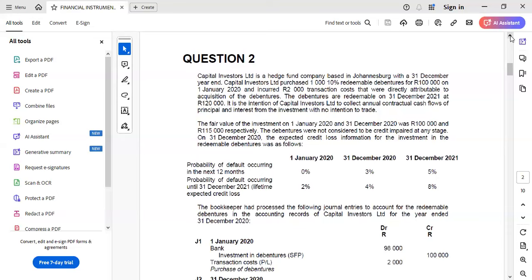It is the intention of Capital Investors Limited to collect annual contractual cash flows of principal and interest from the investment with no intention to trade. The fair value of the investment on 1 January 2020 and 31 December 2020 was 100,000 and 115,000 respectively. The debentures were not considered to be credit impaired at any stage on 31 December 2020. The expected credit loss information for the investment in redeemable debentures was as follows. The bookkeeper had processed the following journal entries to account for the redeemable debentures in the accounting records of